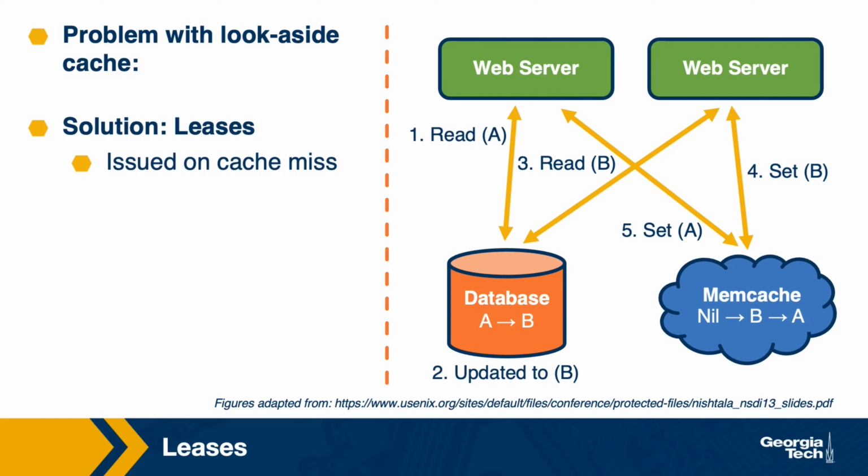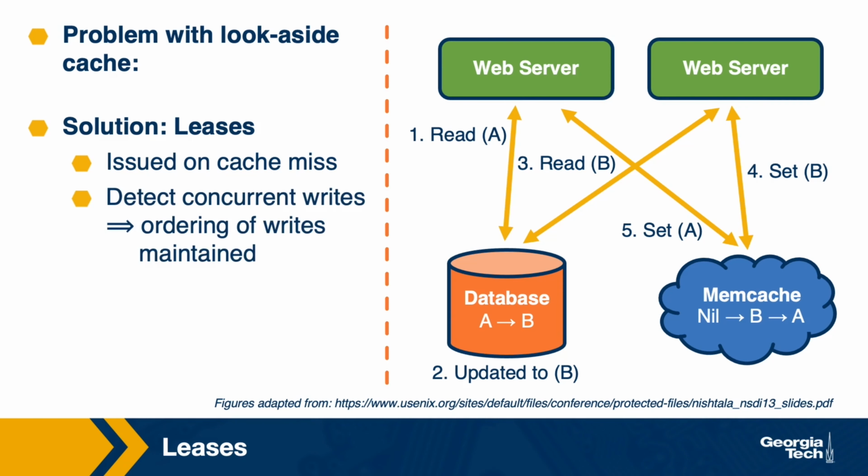The solution that Memcache uses to prevent this is a mechanism called leases. Leases are something you may remember from, say, the Coda paper in 6210, and this is when the system provides some guarantees, but within some time bounds. In this case, the lease is a token issued by the cache on a miss, and it provides some greater control over how it serves the read operations. For instance, it can detect a concurrent write. So in that sense, it can be used in order to enforce some ordering on the writes.